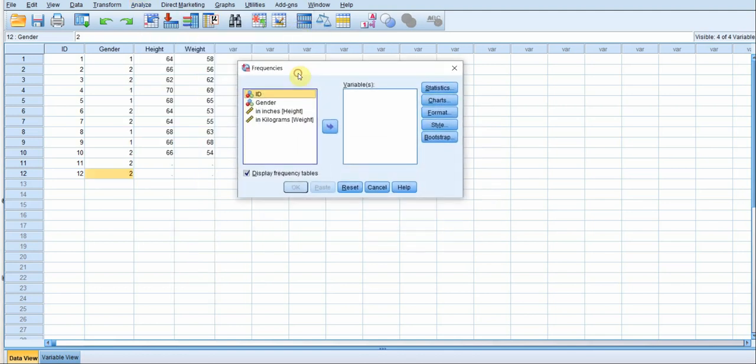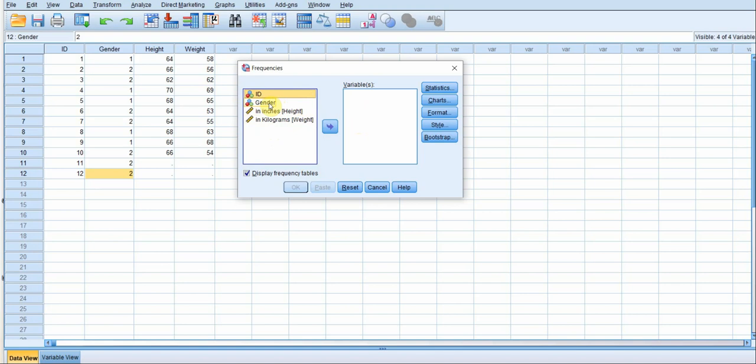You will get a pop-up window coming up where you have all the variables that you have defined present in this particular box. So it shows us all the four variables, and for the variables we want the frequencies, we need to shift them from the box on the left to the box on the right.